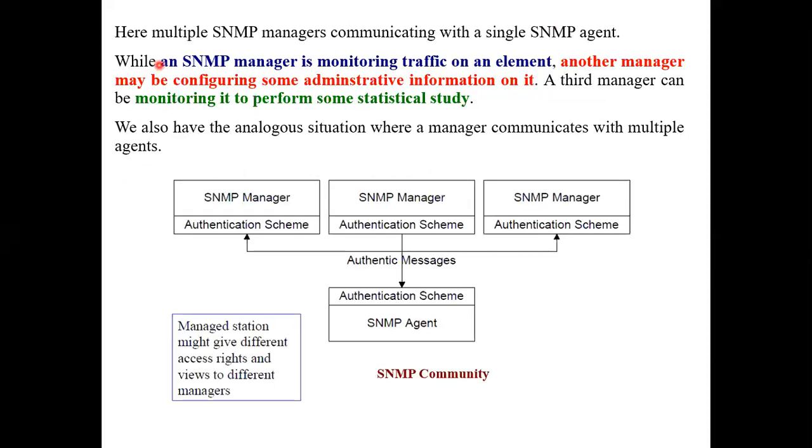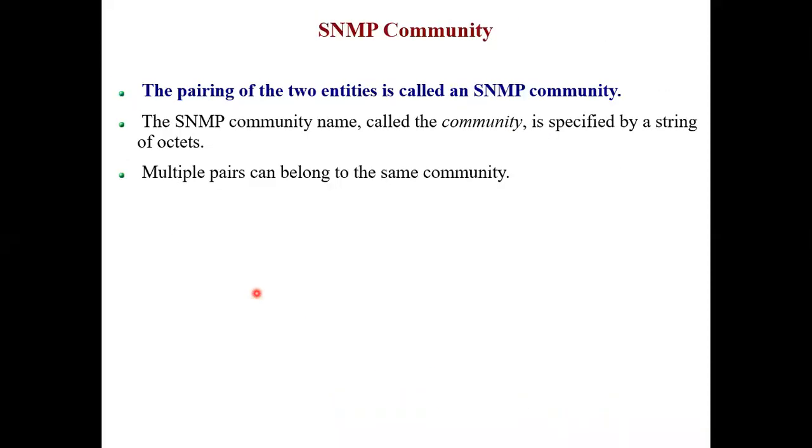Okay, so what is an SNMP community? The pairing of any two entities is called an SNMP community. So I can pair 2 agents, I can pair 1 agent with 1 manager, I can pair multiple agents with 1 manager. In short, pairing of 2 or more than 2 entities is called an SNMP community. Like we can say that we belong to the BEXTC community. So T's are not allowed, SC's are not allowed. Whatever I will teach is only for the current BEXTC class.